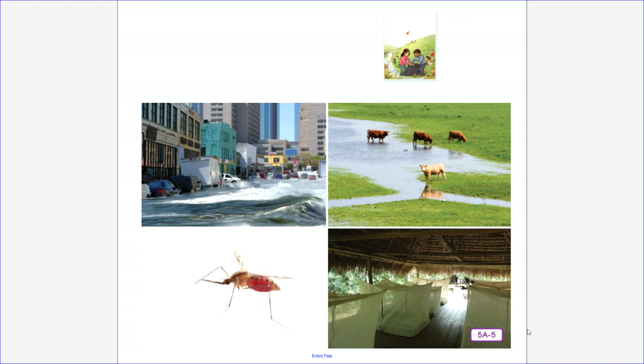This is called a domino effect, just as tipping over one domino tips over all the other dominoes if they are lined up in a row. So one change in nature can cause several other changes to occur.